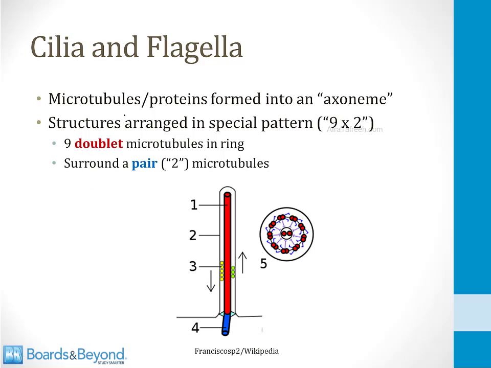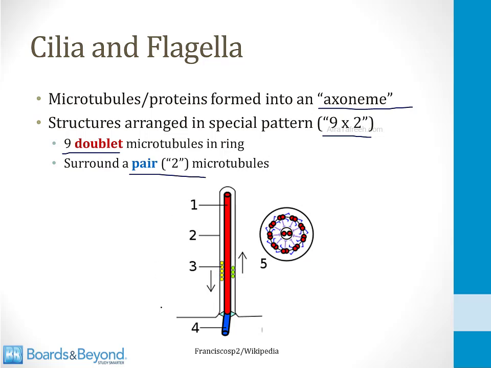So the microtubules and proteins in cilia and flagella are formed into a structure called an axoneme. This structure is arranged in a special pattern called a 9x2 pattern. This means there are 9 doublet microtubules in a ring surrounding a pair of 2 microtubules. So if you look at the